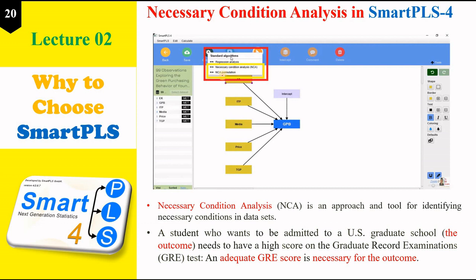And another is necessary condition analysis that you're looking at here. Necessary condition analysis is basically an approach and a tool for identifying necessary conditions in the data set. For example,